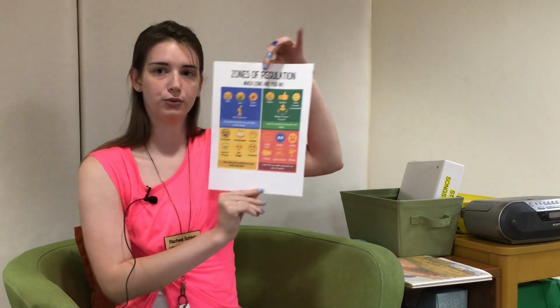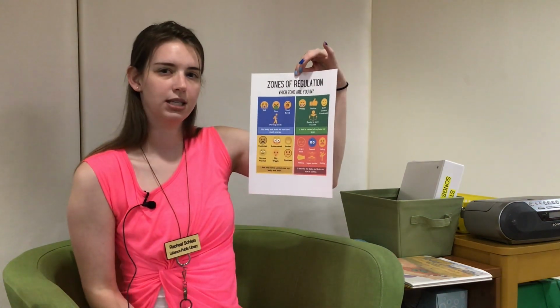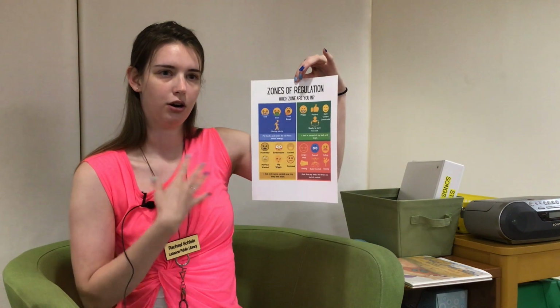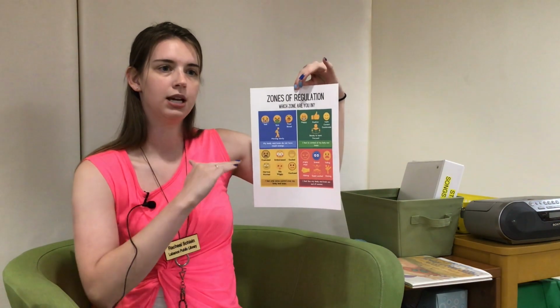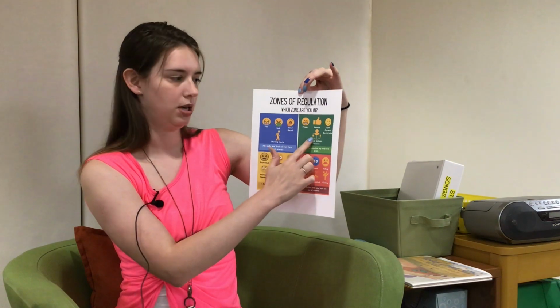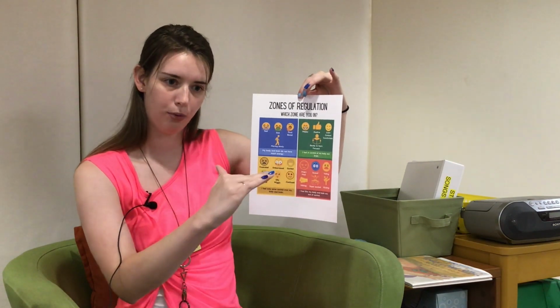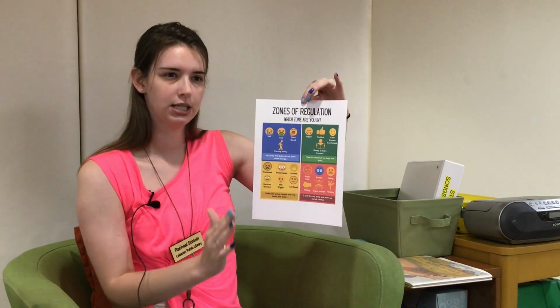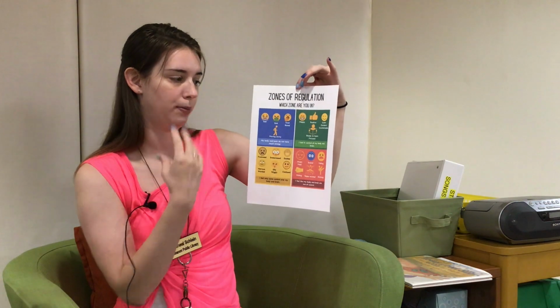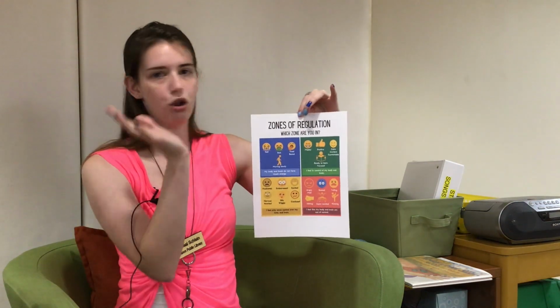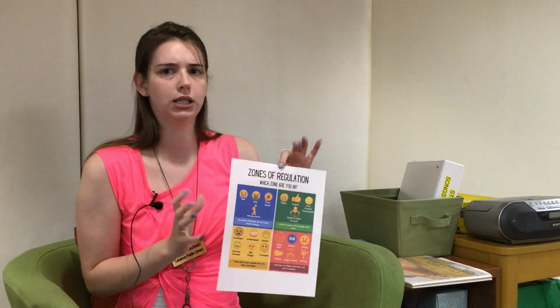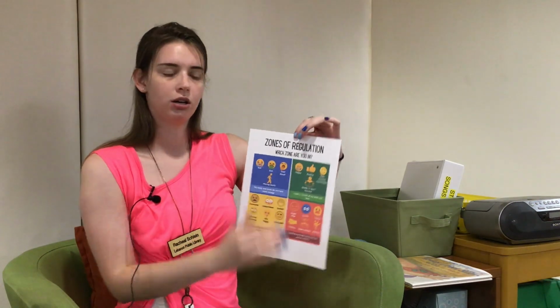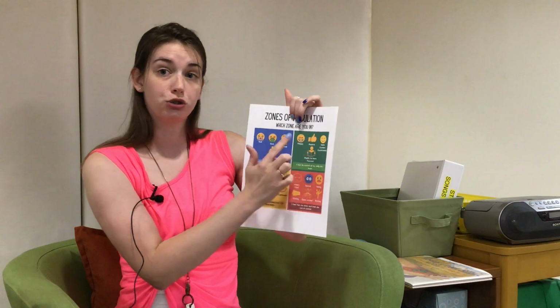But before we can understand that, we have to understand how we're feeling. So we'll learn about the zones of regulation today. And what that means is when we regulate our behavior and our moods, we have to try to stay in this green zone. That's where we want to be. We want to be happy and positive and calm and content. And if we're at school, we're ready to learn and we're focused. So you feel in control of your body and your brain. You don't feel like your brain's all over the place, and you don't feel like your body's too wiggly or tense. You just feel good. So that's the zone that we always want to try to get to.